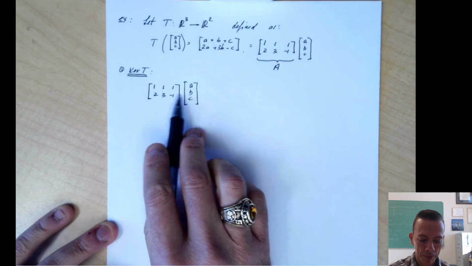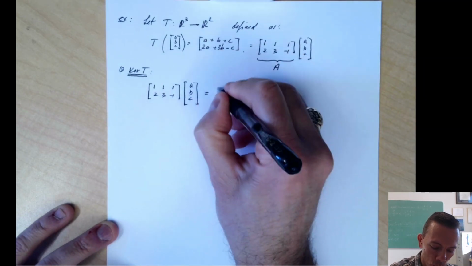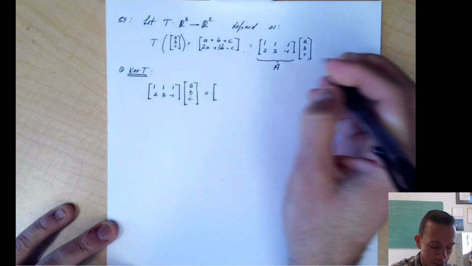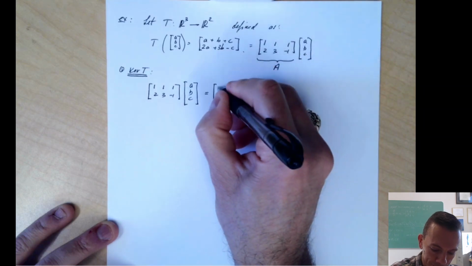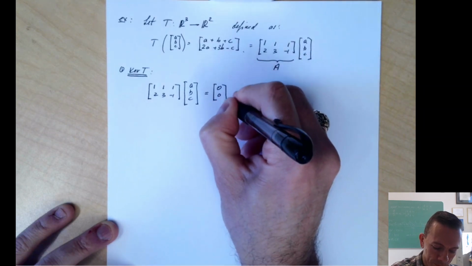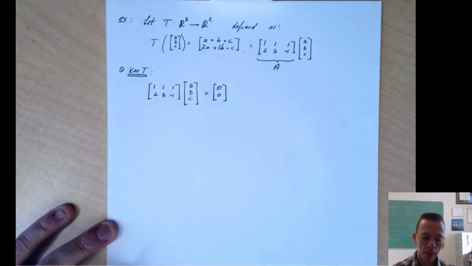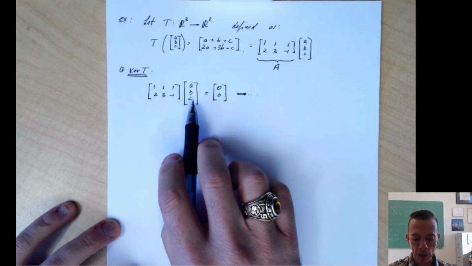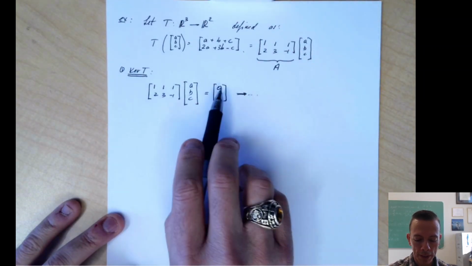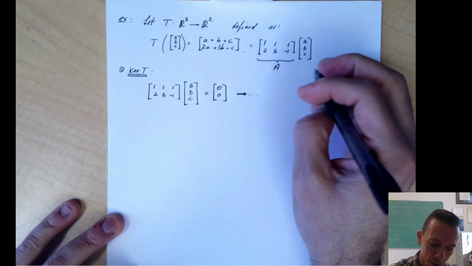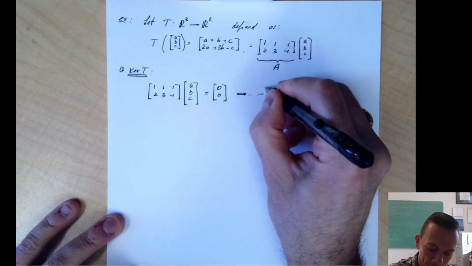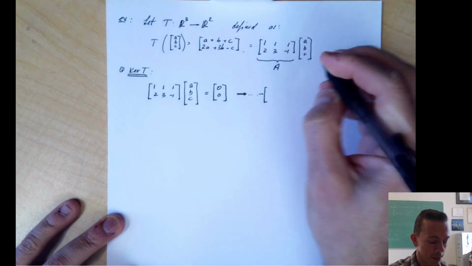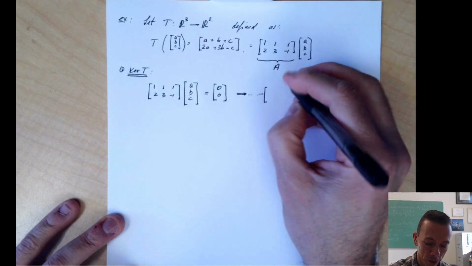So we want to solve this equals the 0 vector, which can be done by Gaussian elimination. If you take this matrix and make it into an augmented matrix, and put that augmented matrix into row reduced echelon form,